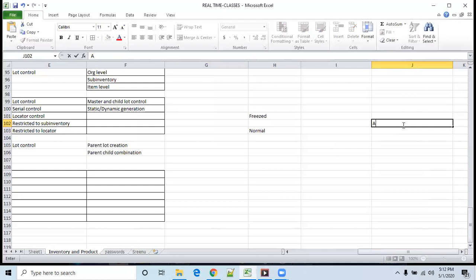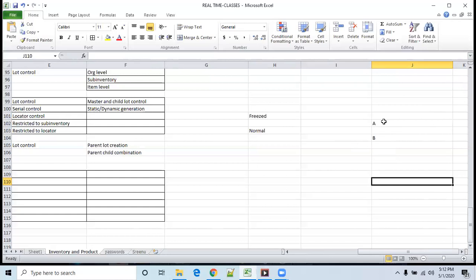It means that the atmosphere will be suitable for these items. So that is what we are telling the system: when I receive the freezed items, based on this restricted sub inventory, once you receive the material, it will push to sub inventory A. When you receive normal material, it will push to sub inventory B. Like that, if you want to impose any kind of restriction on specific items for the sub inventory locator, you can also do that using the item specification control methods.